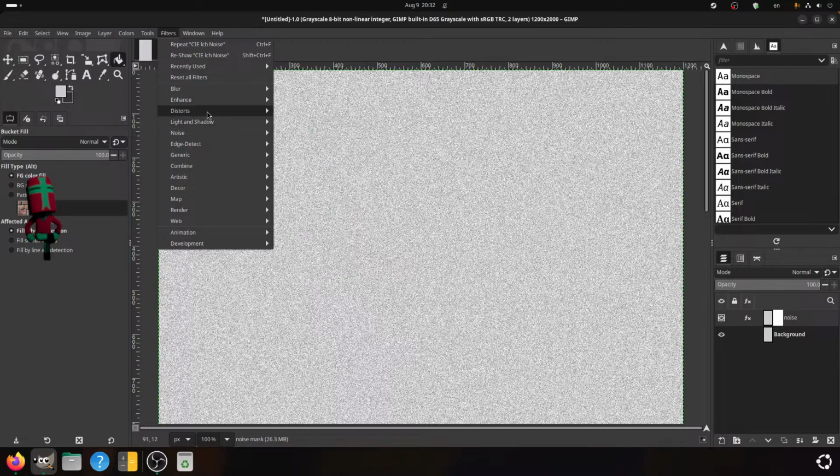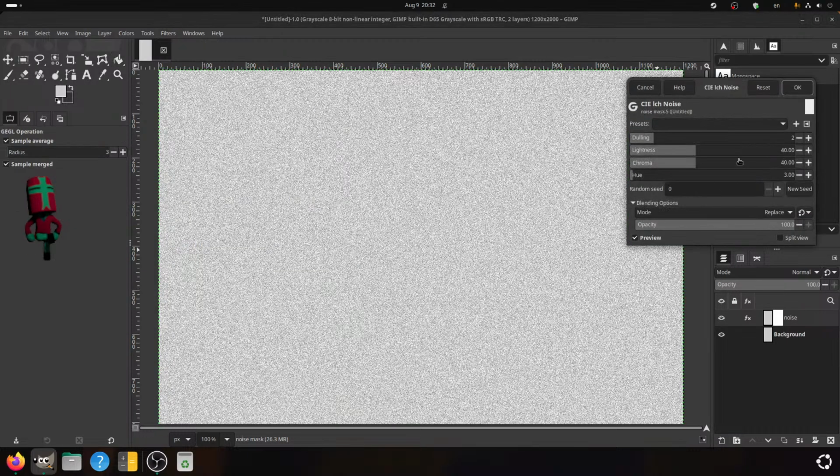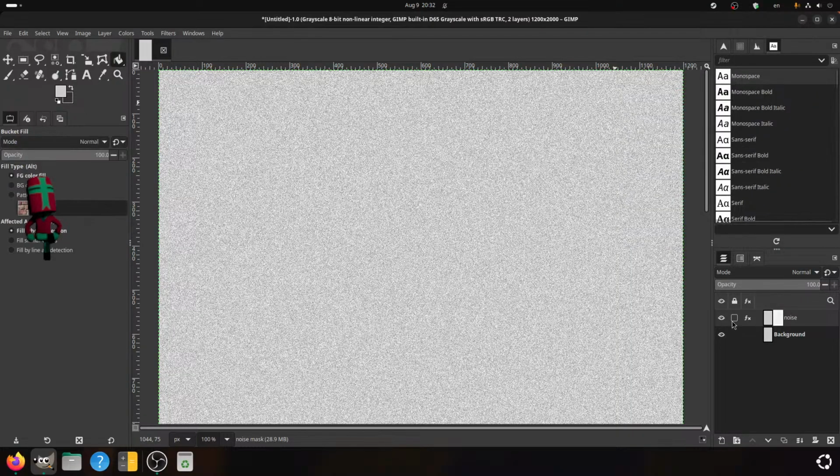And now I'm going to do the same thing basically, but even more on the lightness and dull it a lot. Did that get applied on the right thing?